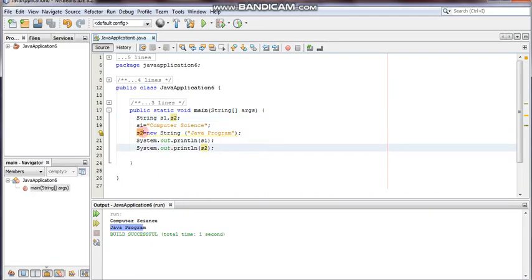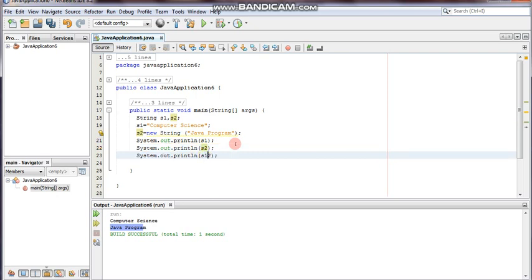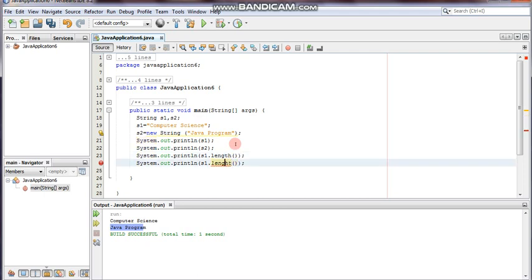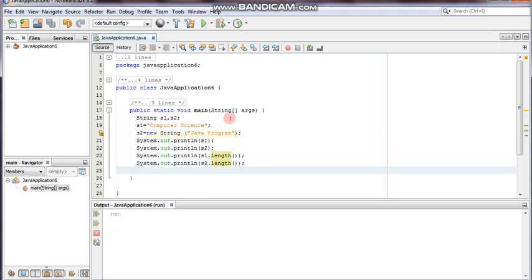So this is the program I tried before. Now in this program I am adding one more line here, System.out.println, I am just adding s1.length. So the length function. The same way I am just copying and printing, and I made a spelling mistake here. So length. Now here I am specifying s2. So I want to know the length of s1 as well as s2. So check here, the first is 16 and the second is 12. Fine. So how is it 12, how is it 16? Let's check one so that you will understand.